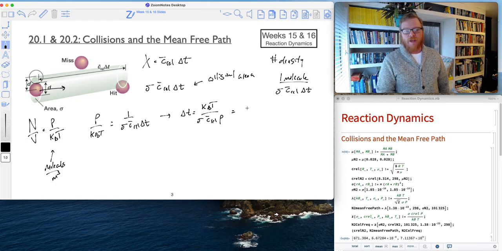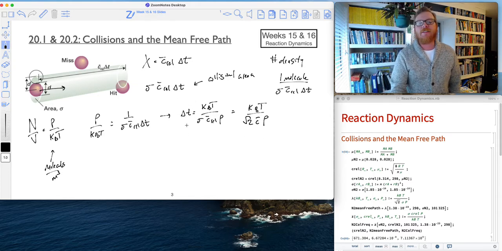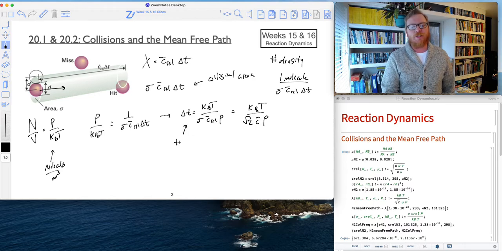So we're going to readjust this, and the time between collisions is kBT times, let me rewrite that so that the root 2 is in front. So now that's root 2 times c bar times P. Okay, good. And so now this gives me the time between collisions,